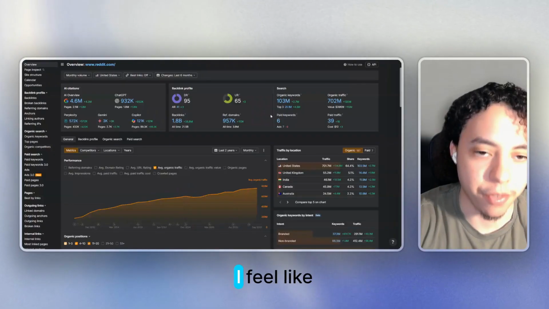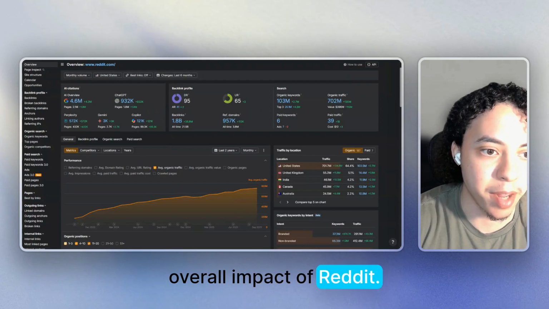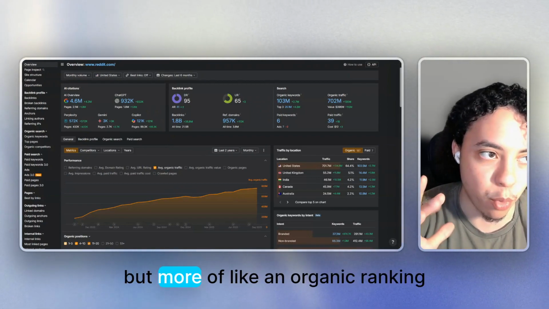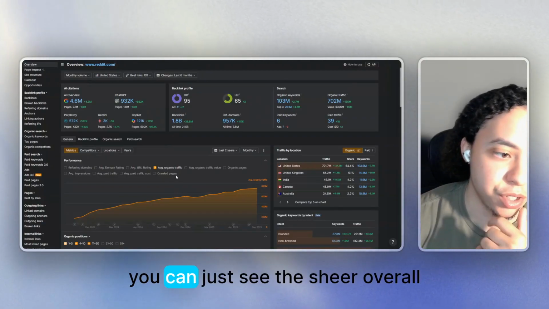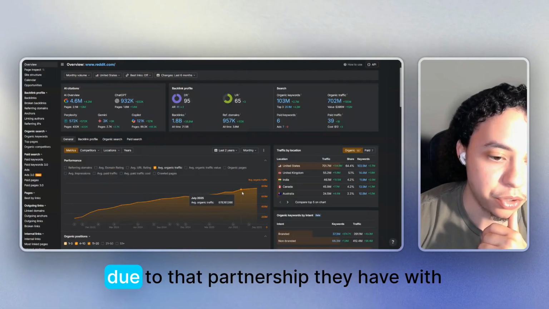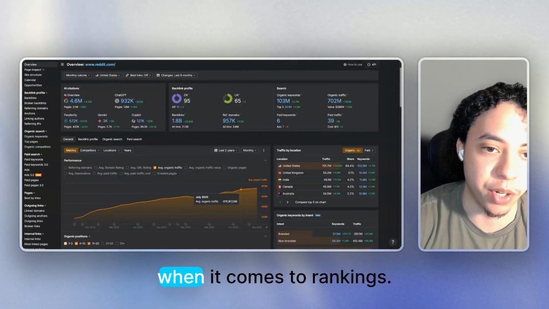And interestingly enough, I feel like brands are starting to notice the overall impact of Reddit. But when we're looking at it from outside of the LLM perspective, more from an organic ranking perspective, you can see the sheer overall growth Reddit is having month to month due to that partnership they have with Google. So they're being heavily prioritized when it comes to ranking.